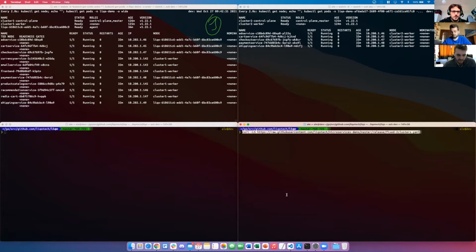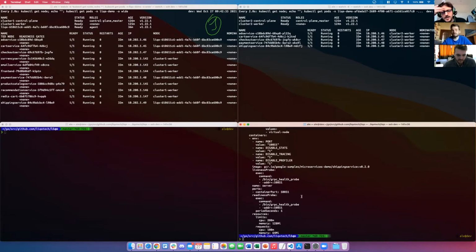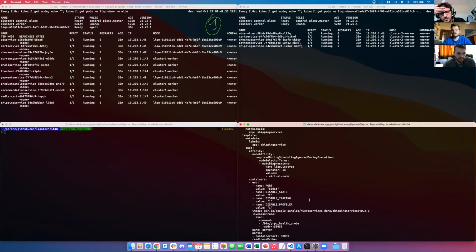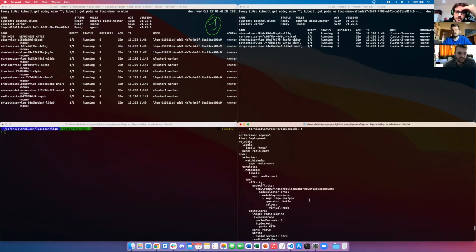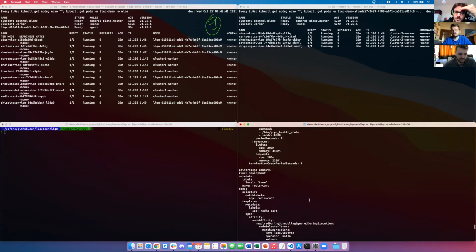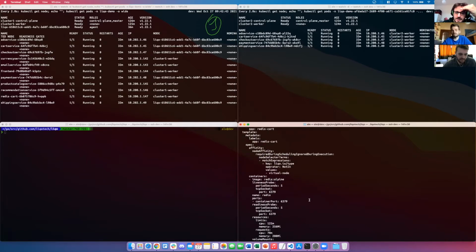The idea is that we have here an application which is Online Boutique. The application we deployed last time is a normal application from Google, we didn't modify it. If we look at one container, we see that they are normal deployments. They have one part that we modified, which is the scheduling part, where we said we want some of them to be on the local cluster and some of them on the virtual node, which is the node created by Liqo, which handles resources from a remote cluster.